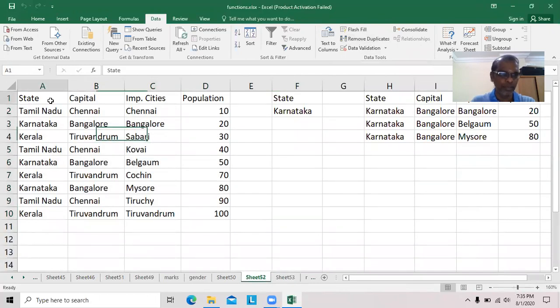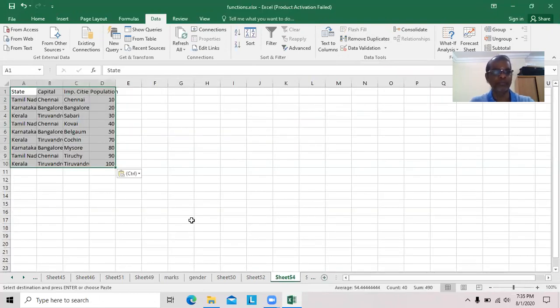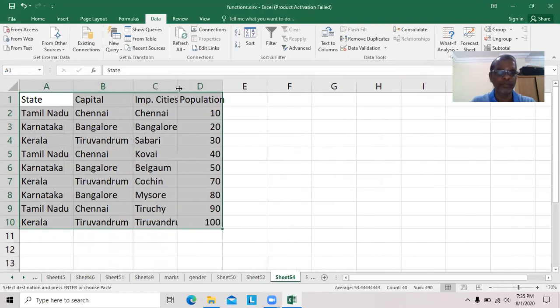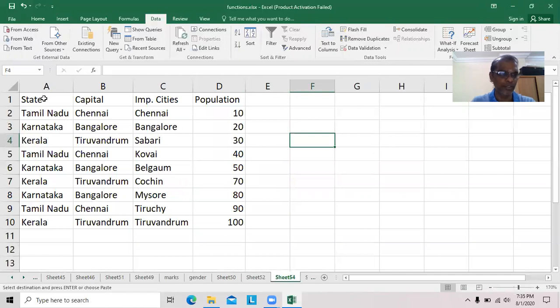Here, as usual, copy this. I'm pasting here. I'm going to make it a little bit bigger. First, I will select this column alone.